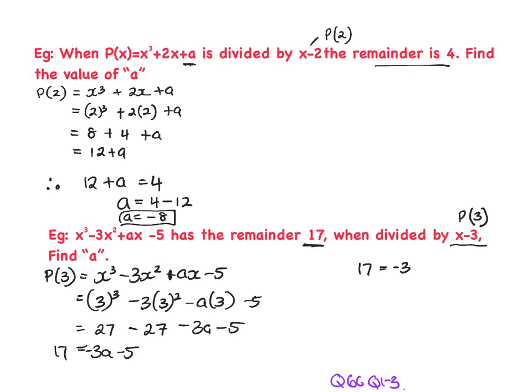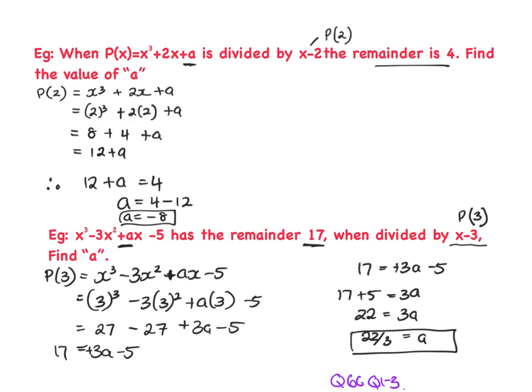Yeah, sorry, you're saying that's plus. I've missed that. Yep. I wrote that down wrong. Yep. So we got plus 3a minus 5. That equals 17. So you can keep rearranging. So 17 plus 5 equals 3a. 22 equals 3a, and 22 divided by 3 equals a. You can just leave it like that. I think it was supposed to